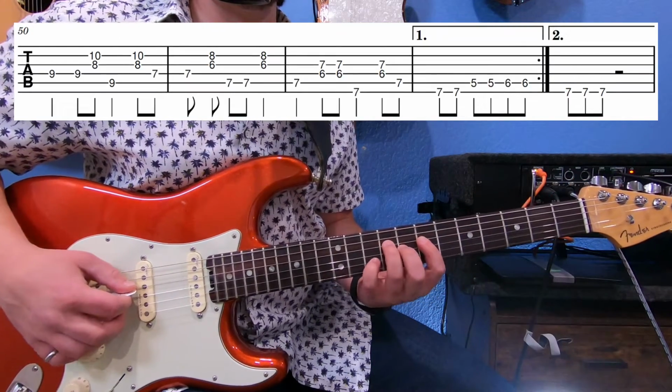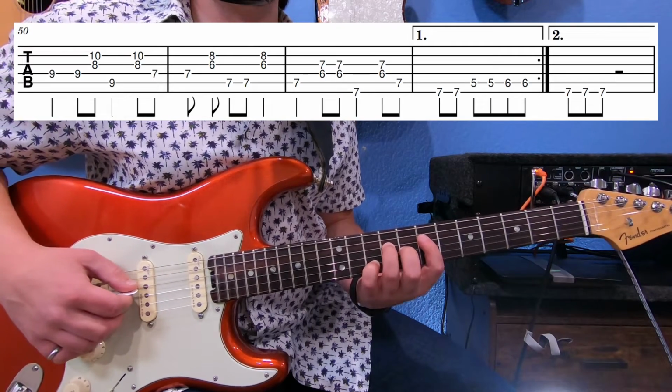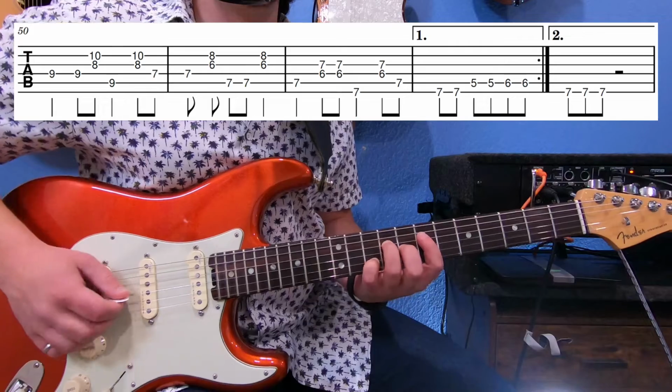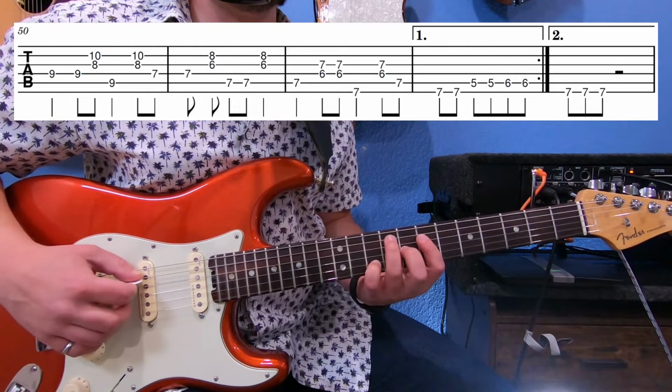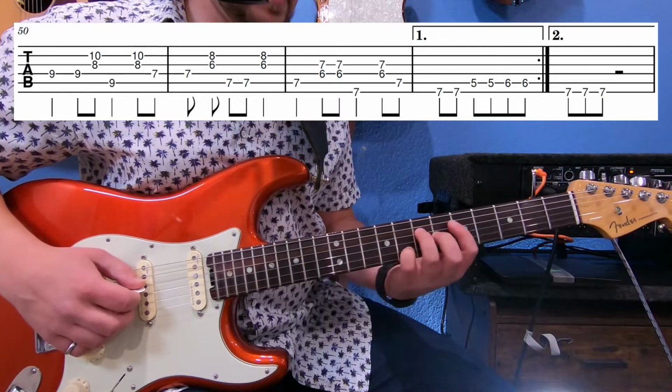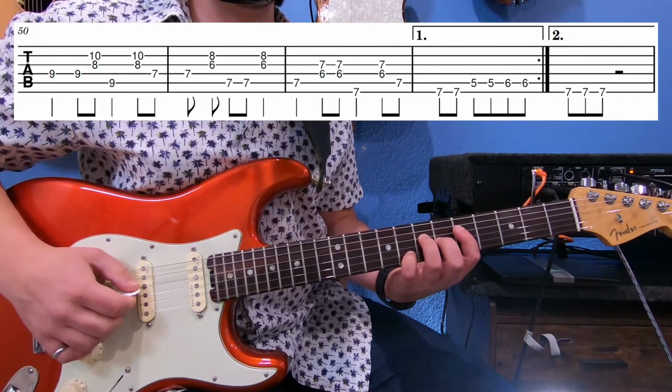Then we go to the B position, and all that is the 9th fret of the D string. And we got the 8th fret of the G, 10th fret of the B, 9th fret of the A string. Then we're going to drop back down to the A position, A7, 7th fret of the D chord,